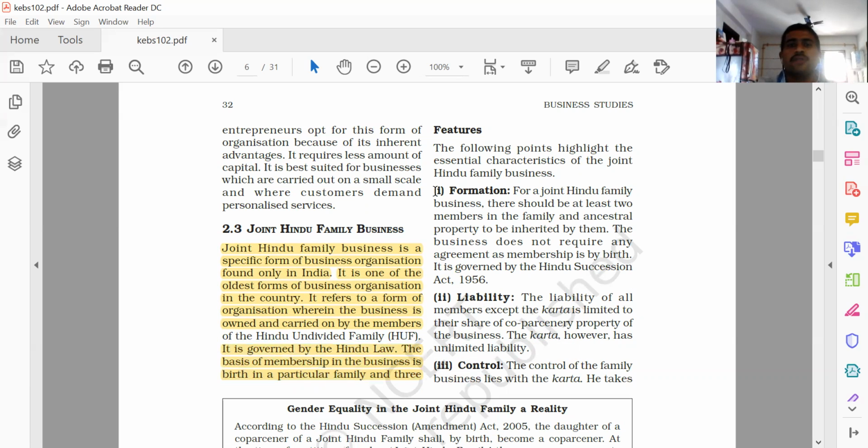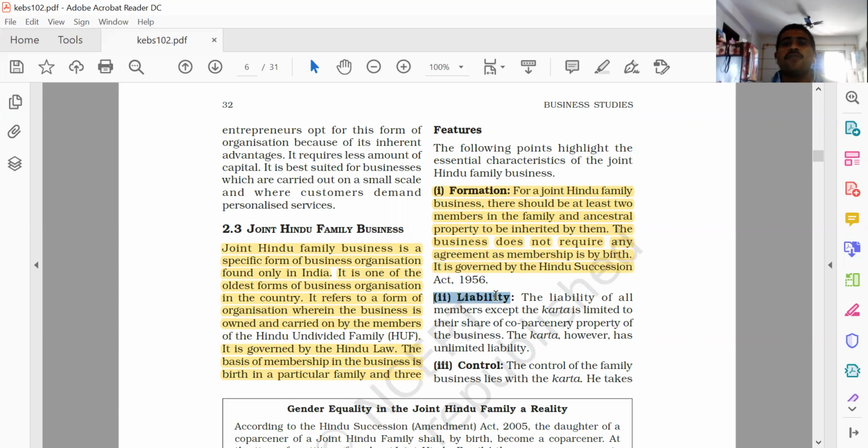The basic of the membership in the business are the 3 features, right? First is the formation. Formation के लिए उसको सिर्फ जन्म लेना पड़ता है बच्चे को। For a Hindu joint family, there should be at least 2 members in the family, and ancestral property is inherited by them. उनकी जो property है वो उनके पास होना चाहिए। The business does not require any agreement because membership is by the birth से मिलता है उनको, ठीक है। So what is the formation? For a joint Hindu family business, there should be at least 2 members in the family, 2 member होने चाहिए, and ancestral property is inherited by them, उनके पास ancestral property होना चाहिए। Business does not require any agreement की जरूरत नहीं है, क्यों? क्योंकि इस membership is by the birth।